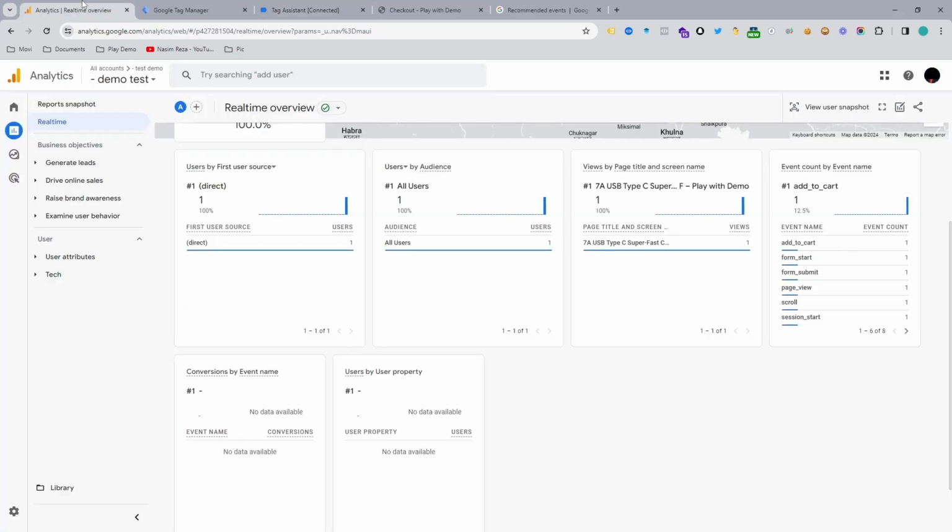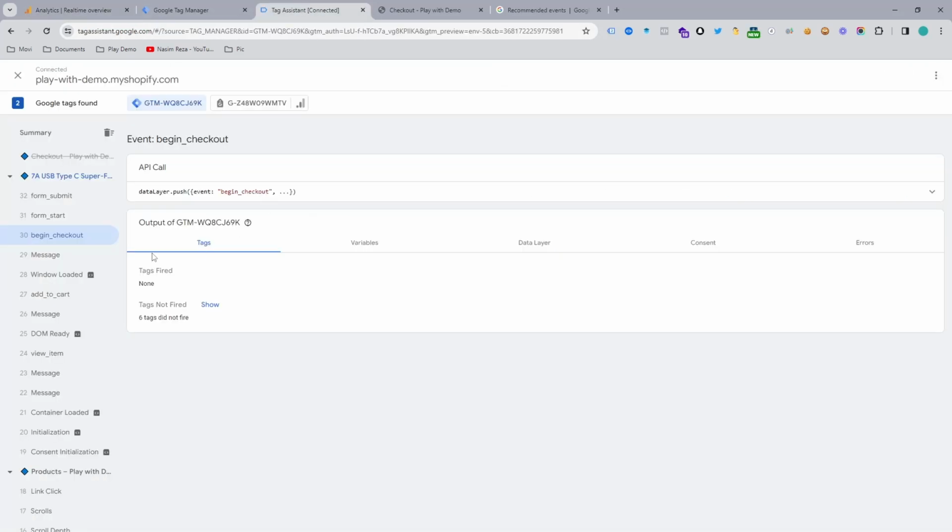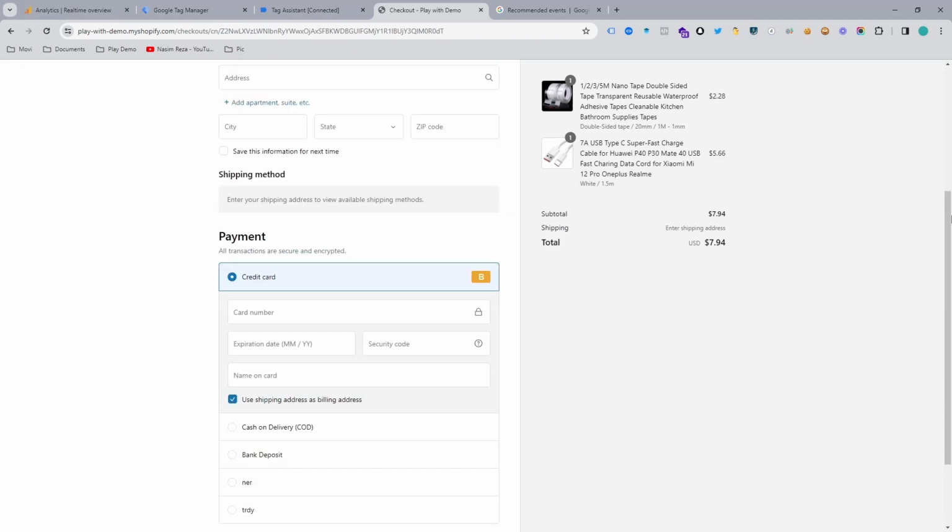In this video, you are going to learn how to set up GA4 Begin Checkout event for Shopify store using